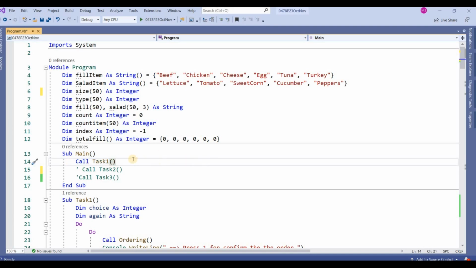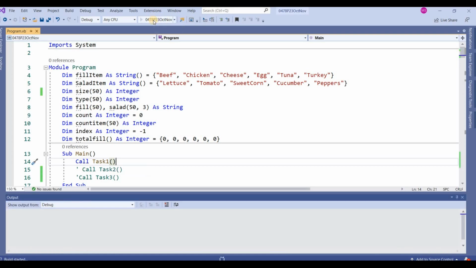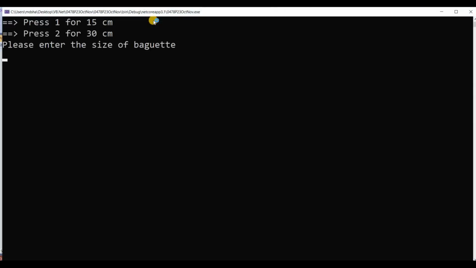Before starting task 1, I want to show how my system is working. Here press 1 for 15 cm size, press 2 for 30 cm size of baguette.